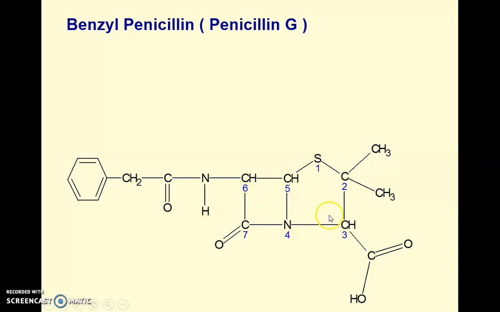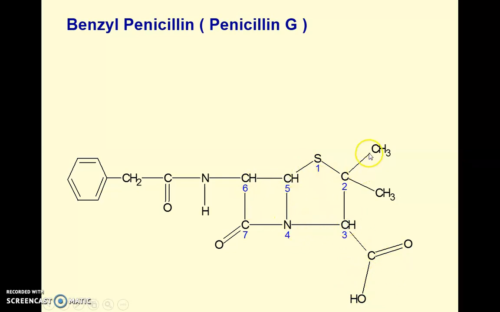So in this way, if you are taking the penam, and at third position there is a COOH group, taking it as a penam-3-carboxylic acid, then the remaining acyl side chain is a substituent, and these two methyl groups are again substituents. As per the discussion, it's a penam, and the penam numbering scheme is 1 2 3 4 5 6 7. We already saw this numbering pattern when we studied the heterocyclic ring penam. So in the penam, if at the third position there is a carboxylic acid group, we call it penam-3-carboxylic acid, and we take it as the parent nucleus.